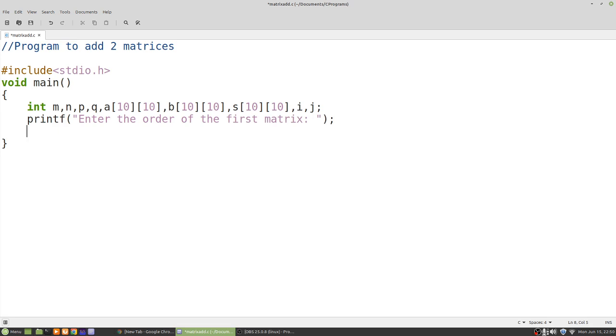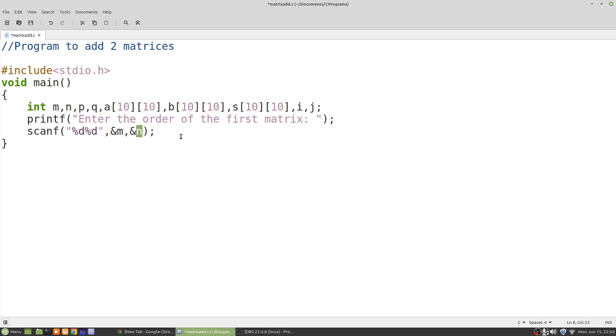So we will store it in two variables. So the order of the first matrix is m by n, and this means that this matrix contains m rows and n columns.